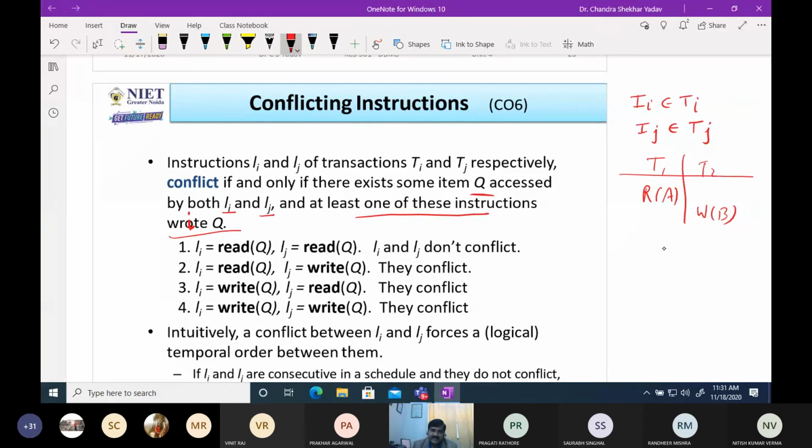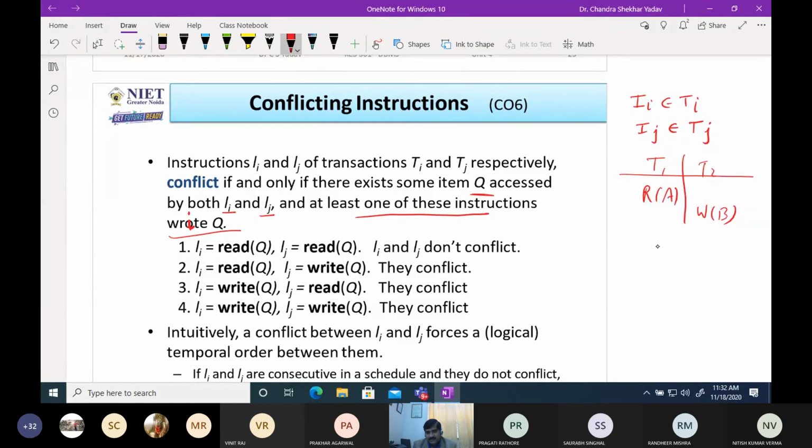Non-conflicting. Why are these instructions non-conflicting? Because both are accessing different data items.